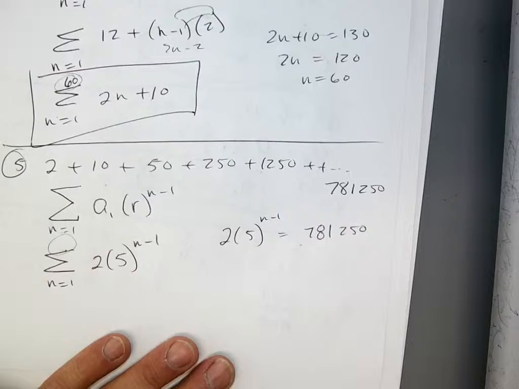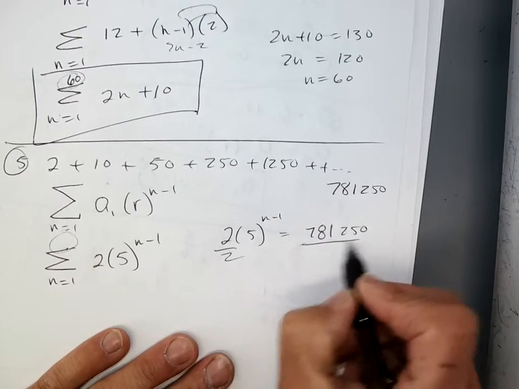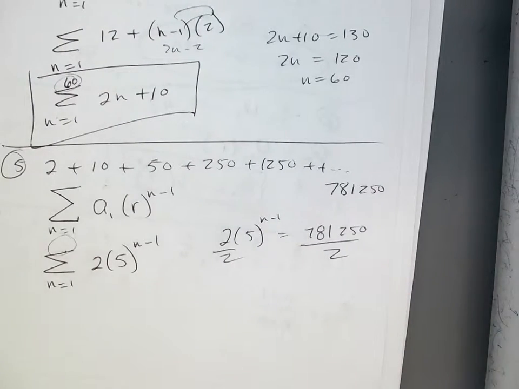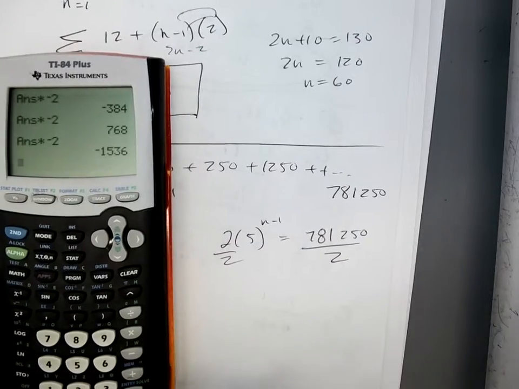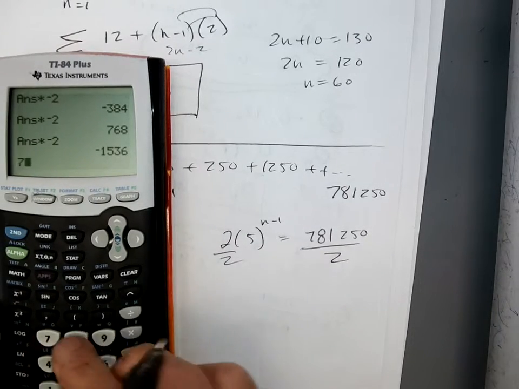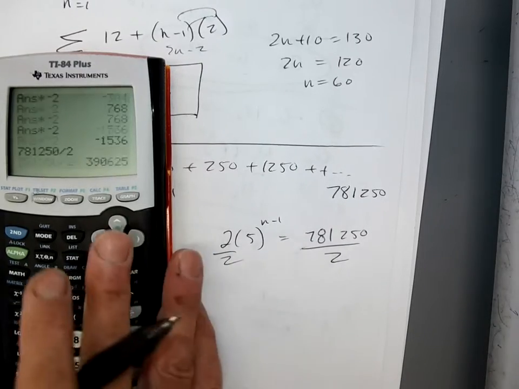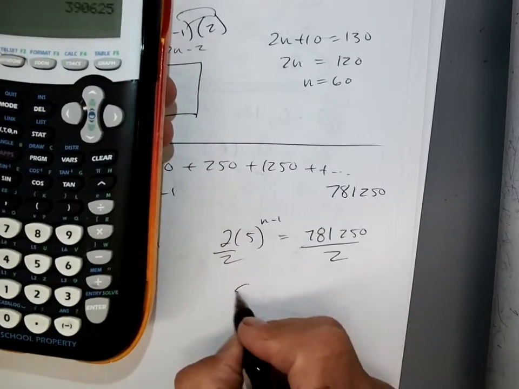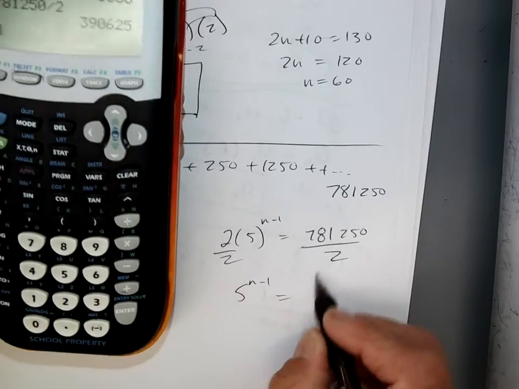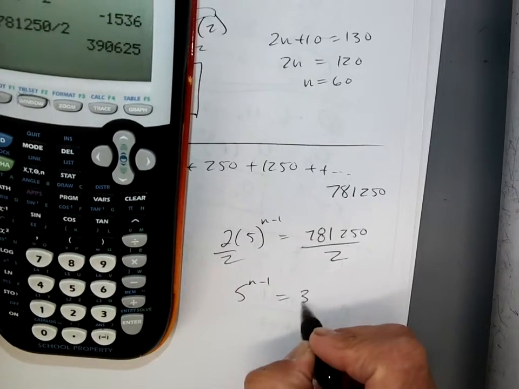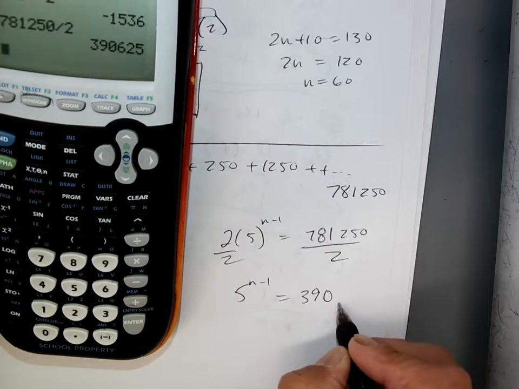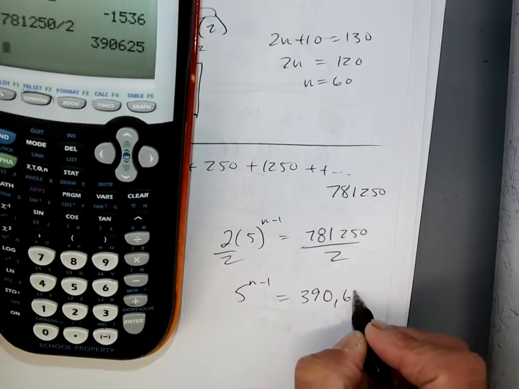So first step, divide by 2, right? If I do that, let's see here. Let's go 781,250 divided by 2, and I get an answer of 5 to the n minus 1 equals 390,625. Okay, now,